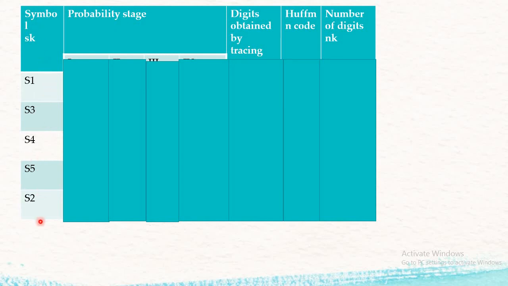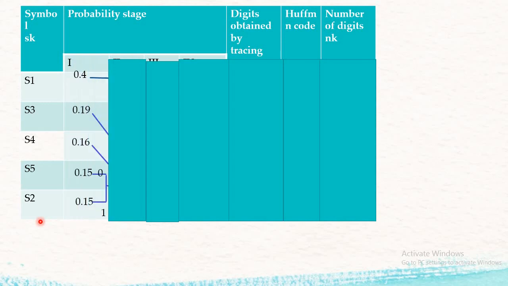So these are my symbols, and our first stage is to find out the probabilities. I have arranged the probabilities in decreasing order, so therefore there is a change in the symbol sequence also. Now what we are going to do in the next step is focus on the last two values, as we have done before. The second last is assigned a 0 and the last one is assigned a 1, and then we find out the path, or we just find out the position as high as possible.